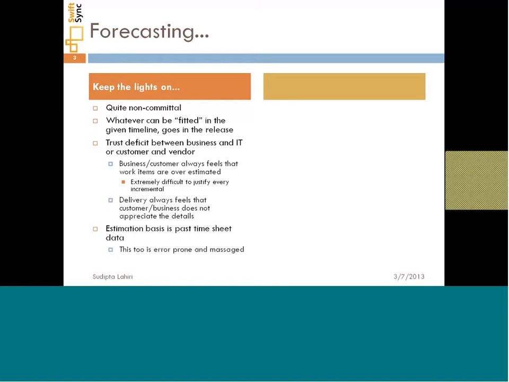And estimation is also determined based on timesheets. One of the key principles that have been adopted is to build project data from your previous projects and use that as the basis for estimating your future projects. The catch is that the actual data from your previous projects is largely based on timesheets, and we have a fair level of inaccuracy in the way that it is used.